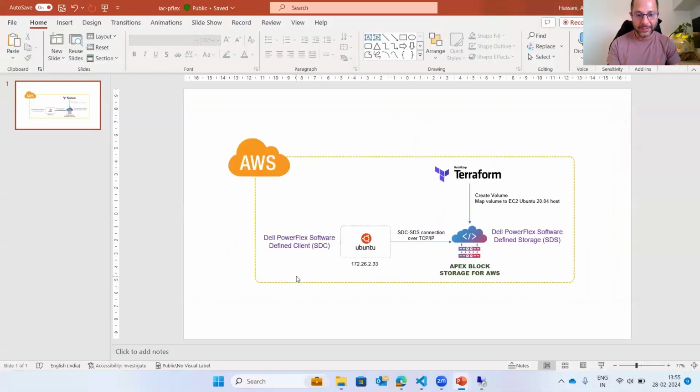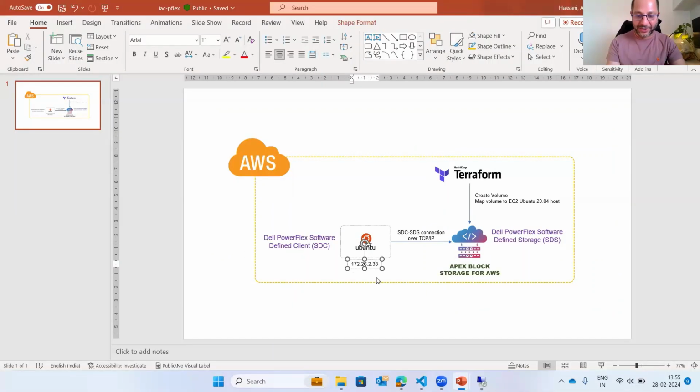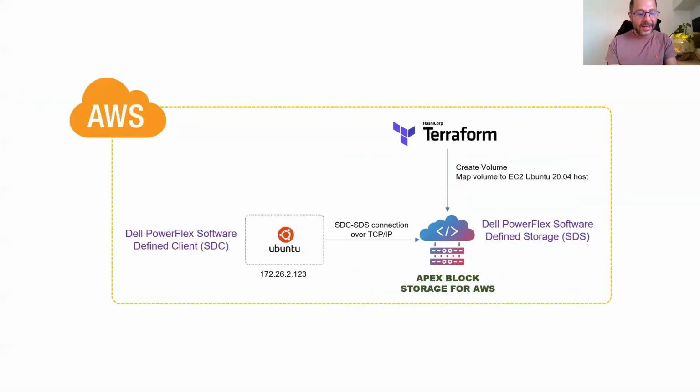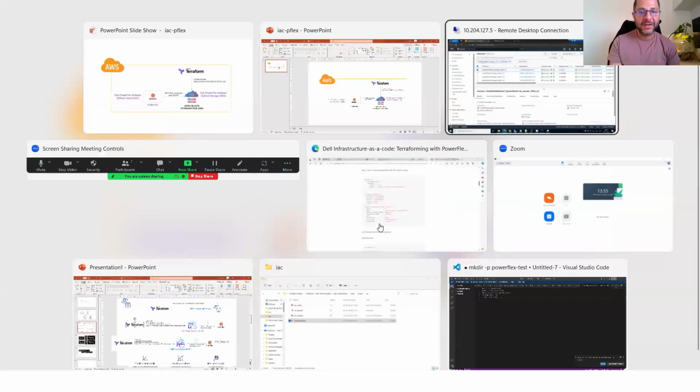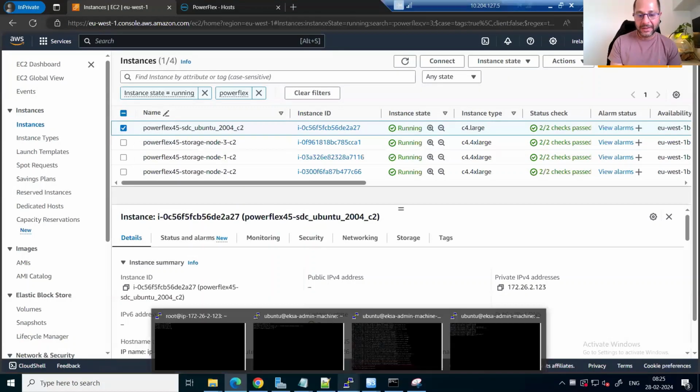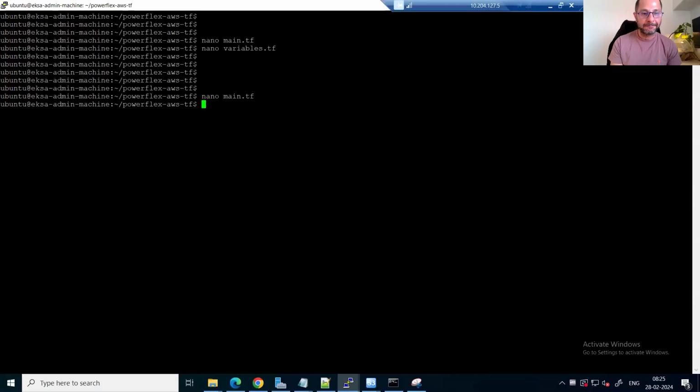So allow me to actually make this change while we are talking. 123. Yeah. Okay. So you saw that we have these 4 instances running, the 3 instances which are the PowerFlex cluster, and the 4th one is the actual client which will consume the block storage from these cluster nodes. Okay. Now I will hop over to my